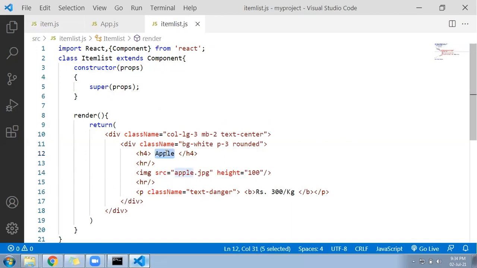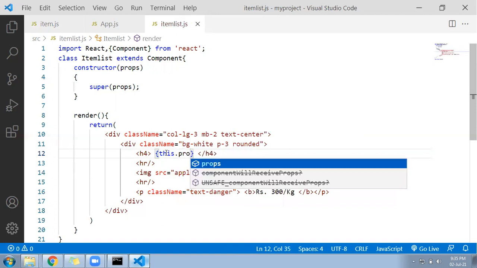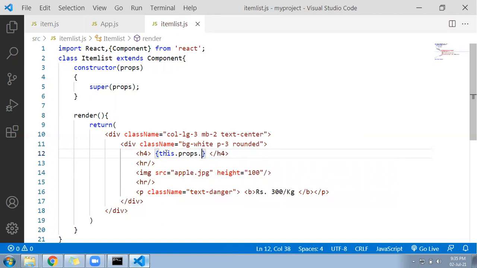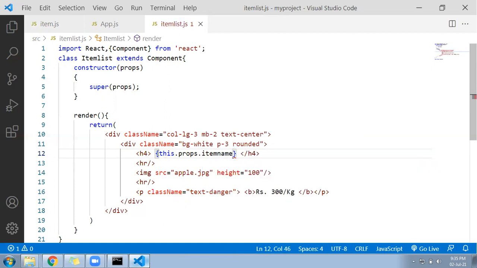And at this place now, you know very well how to print a value. We have to follow this because it's a class component: this.props, then props dot whatever property you are passing from there. Item name. Correct. Now come down and print the price also. Here, what property are we passing from there? We are passing just price. Correct. The photo I have not changed yet. Let it be the same photo, and check whether this is working or not.